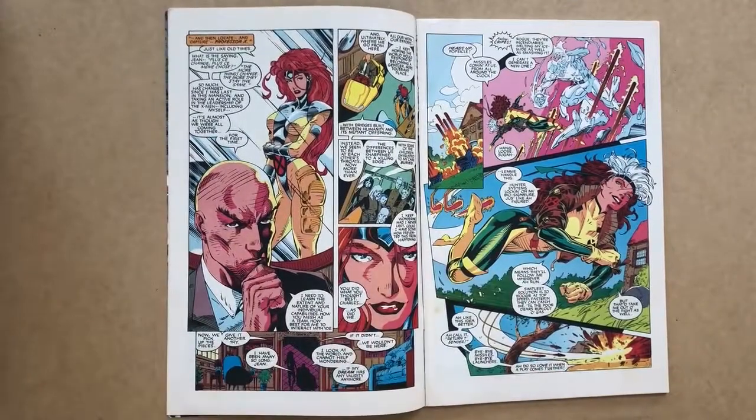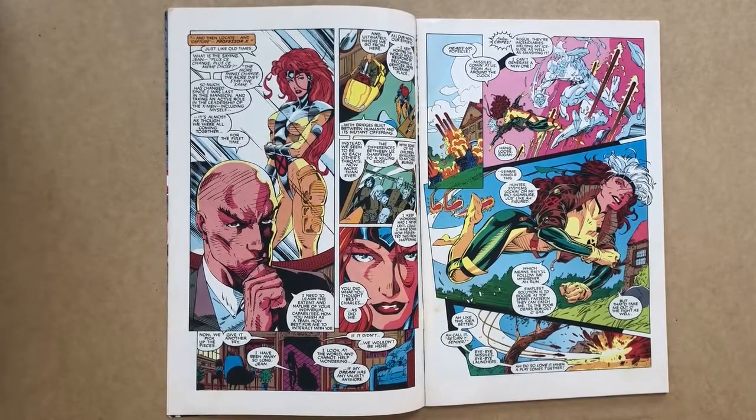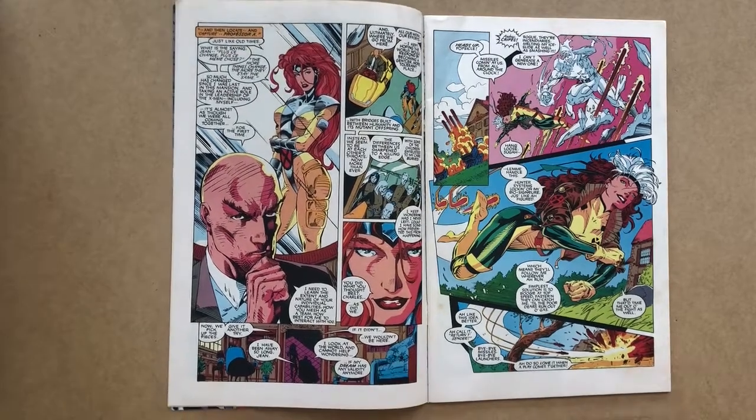So here he is with Jean Grey, Marvel Girl, who is protecting him somewhere on the grounds of the mansion. And we see here the missile system going off, shooting at Rogue and Iceman. Iceman's sled is destroyed, but Rogue evades the missiles. And something to note here is a very interesting and even delightful